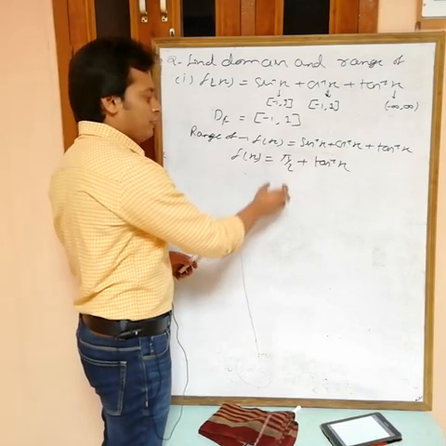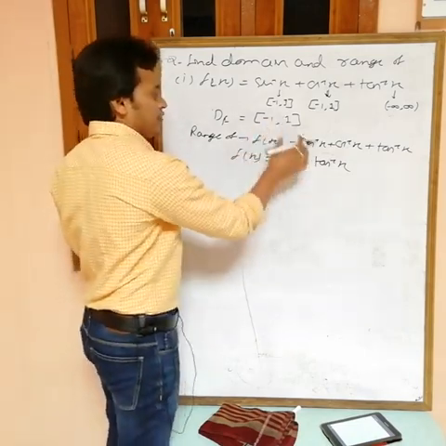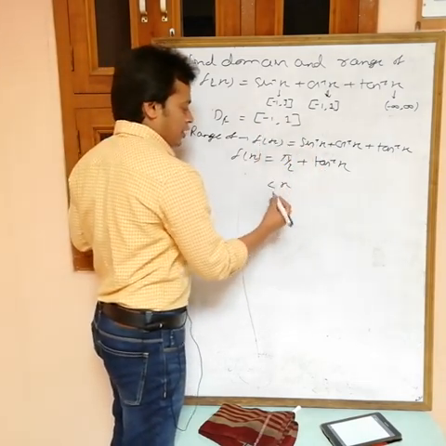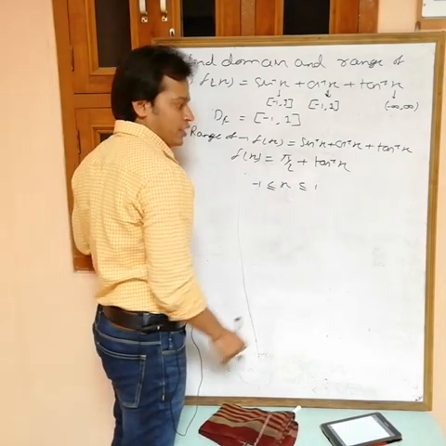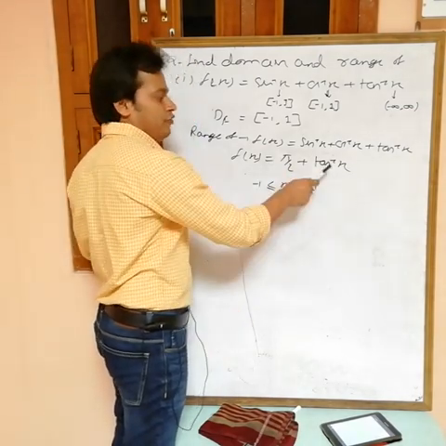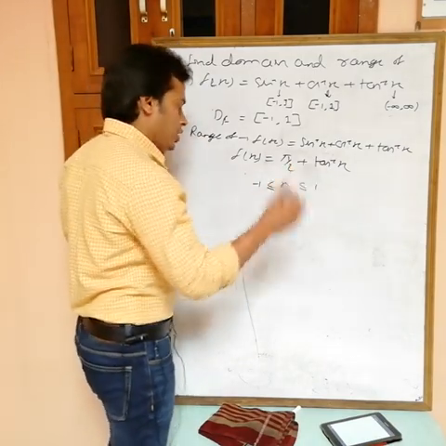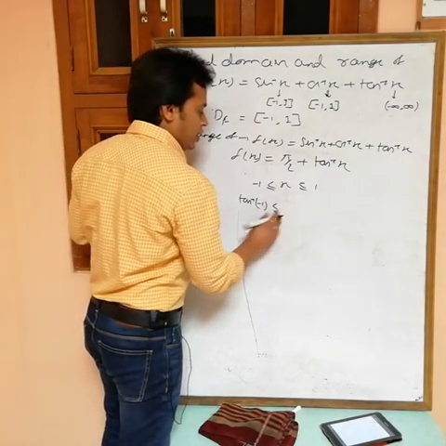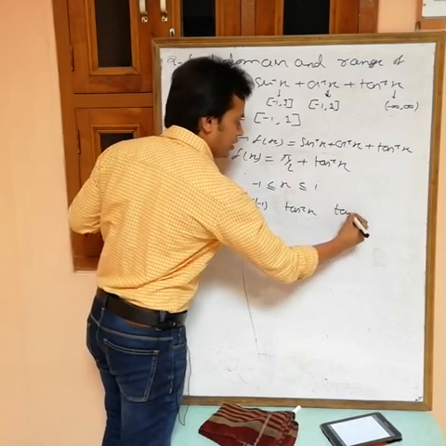So again, what we have to do? Just perform the action now, like inside to outside for range. See, here we want all possible values of this one. The value of x you can take only from the domain. So x is -1 to +1. Now what do you want? We want the value of this one. Here we have tan inverse x, it means I have to take tan inverse on each side. So take tan inverse. I am taking tan inverse of -1, here tan inverse x and here tan inverse 1.